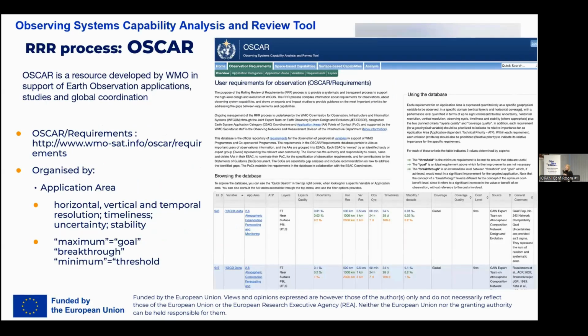So this is how these requirements look. They are collected in OSCAR, and OSCAR is the acronym for the Observing System Capability Analysis and Review Tool. This is also on the WMO website at that address. It is organized by application areas, and it defines the different